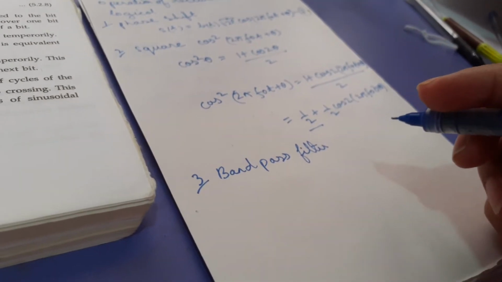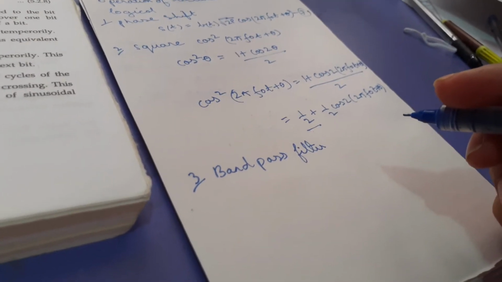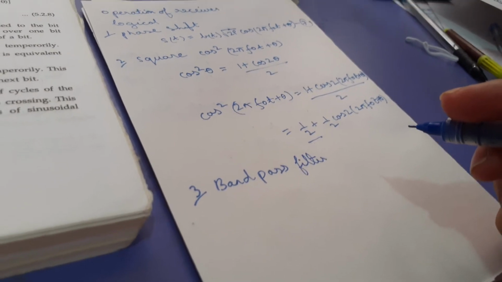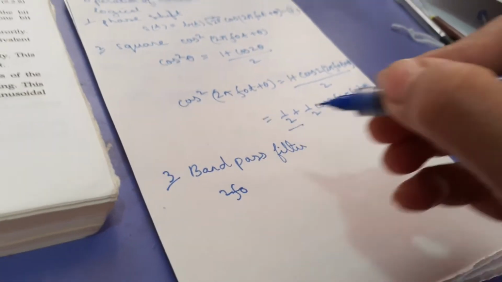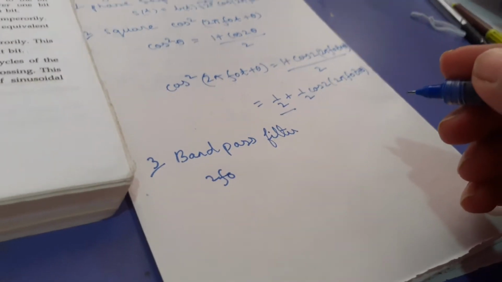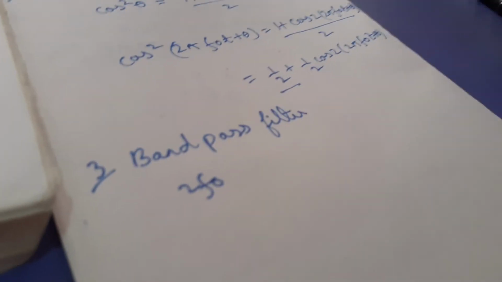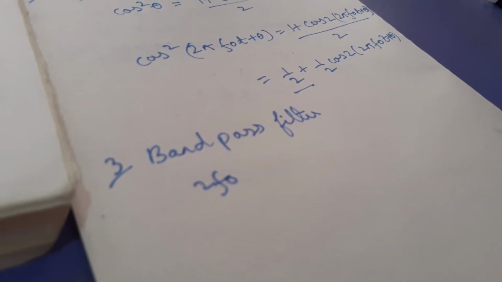The signal is passed through a band pass filter, centered around 2 f naught. What the band pass filter is doing is removing the DC level of half, and the output will be